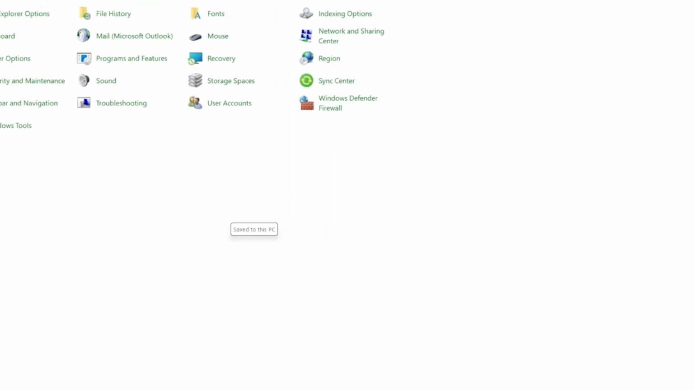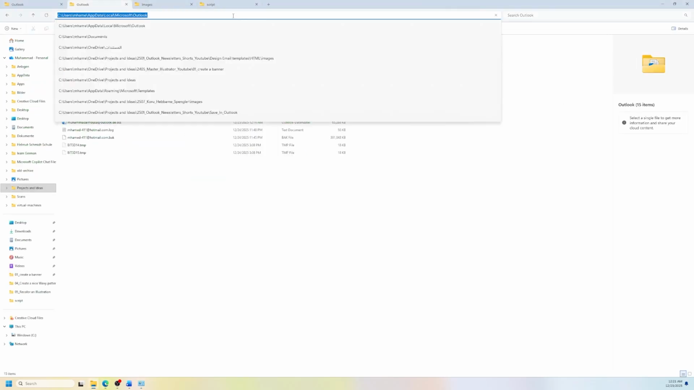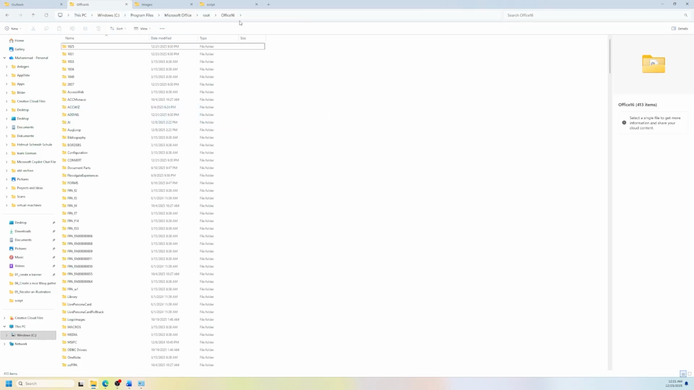The last advanced one is the scanpst.exe file, and it is a utility that scans and repairs corrupt Outlook data files. You can locate it in the Office installation folder and run it on your OST file. I'm going to show you where to find it and how to run it. So let me go to the File Explorer again and paste here. And here is our